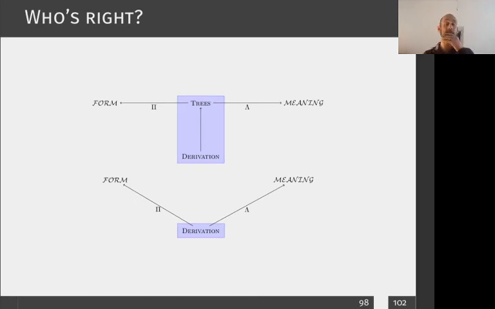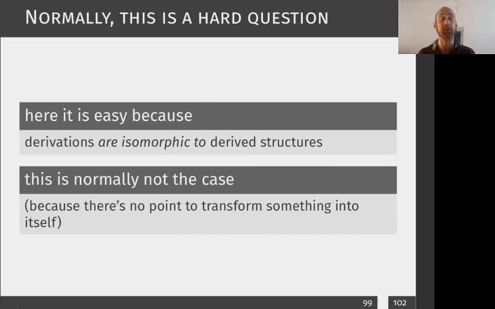Now, I'm viewing the bottom thing as a description of multiple spell out, and I'm viewing the top thing as a description of, sort of, not multiple spell out, the more traditional PF-LF perspective. Okay? Actually, you could think of those pictures as related to multiple spell out on the one hand and a more traditional but minimalized version of the GB interface perspective, right? Here's what we have. And we can ask, who is right? Okay. Normally it's a hard question, but here it's easy because derivations are isomorphic to derived structures. Okay. This is not normally the case because there's no point to transform something into itself. Okay, so